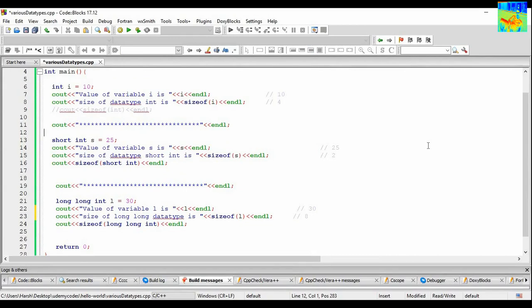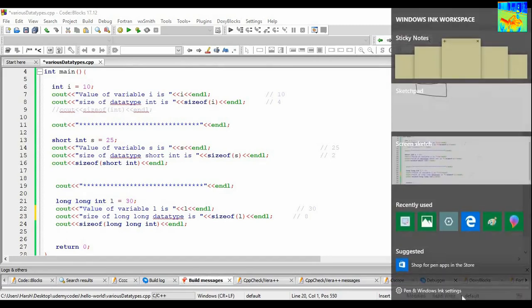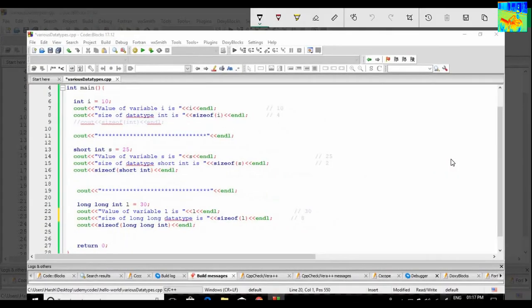Okay, so we have covered 3 data types till now: int, short int, and long int. Okay, so let us see some other data types as well. Okay, so for example, can I write like this: int I equals 1.23? Can I write like this? No, obviously not, because int can only store integers. Int data type can only store integers, and 1.23 is not an integer. So we need another data type to store 1.23.